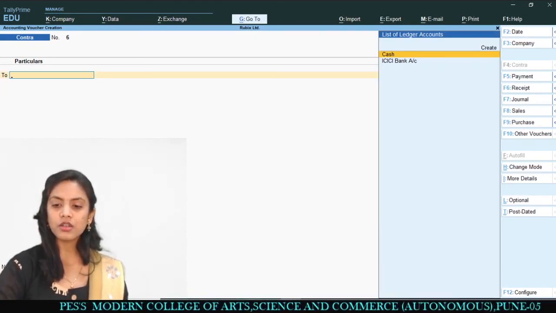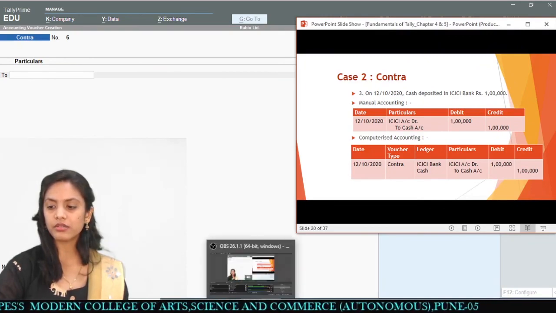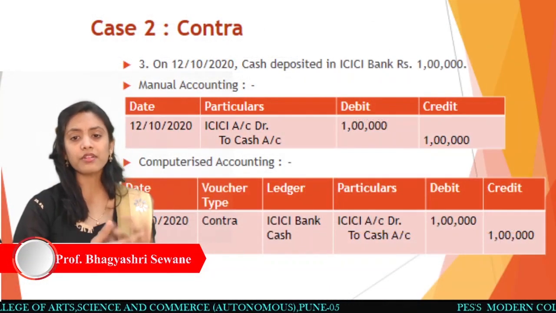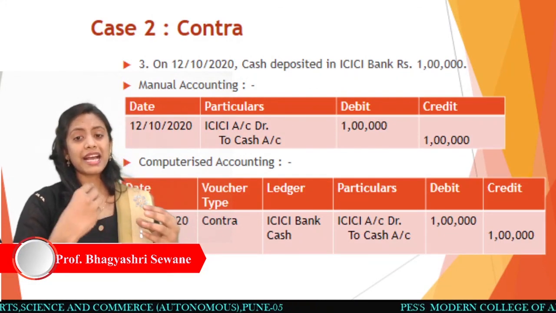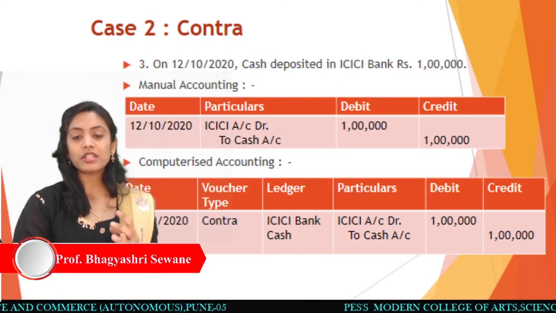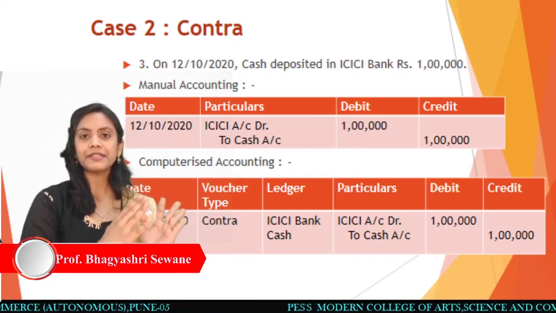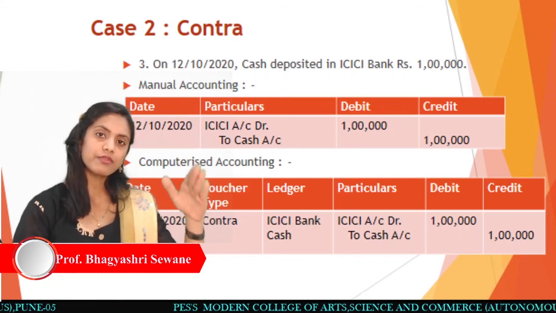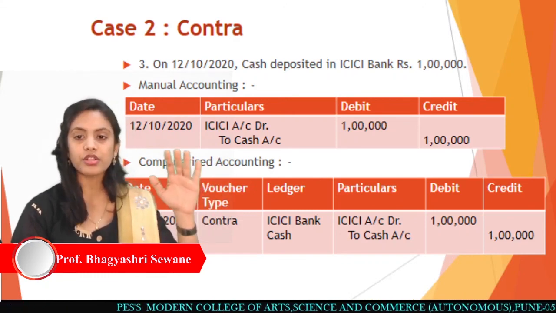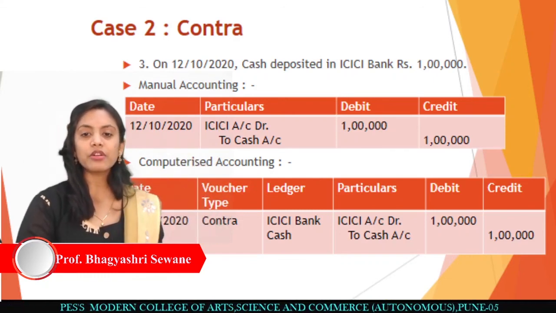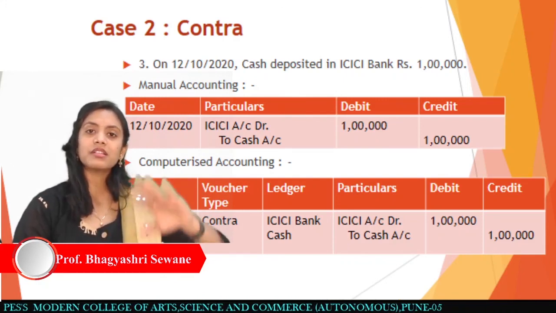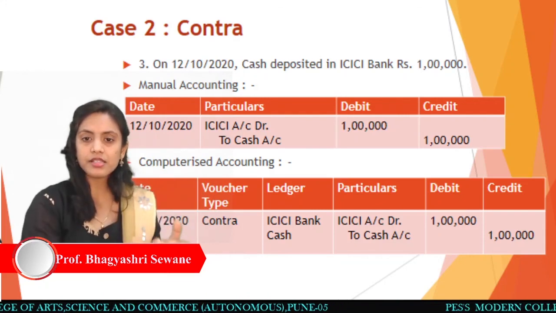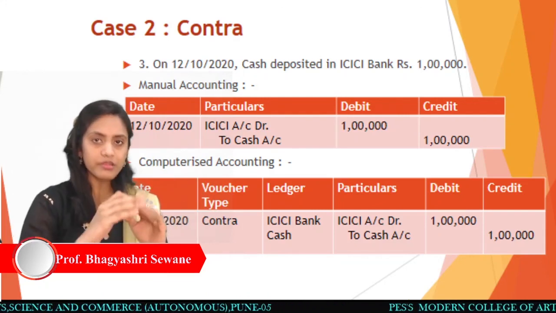So this is all the information that we are going to see over here. This contra voucher we have entered, and we have also seen the voucher related to the journal and the receipt voucher, related to the capital entry we have done in Tally, and the contra voucher done in Tally. So in this particular session, we have seen that whatever ledgers we have already created, we have to take those ledgers from the list and create a voucher. This was a basic thing.